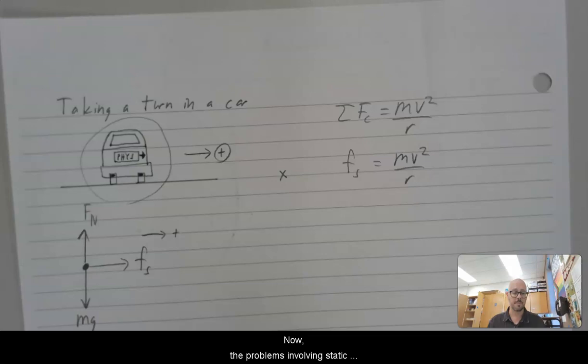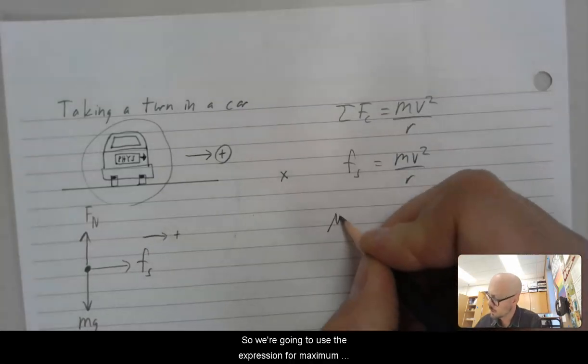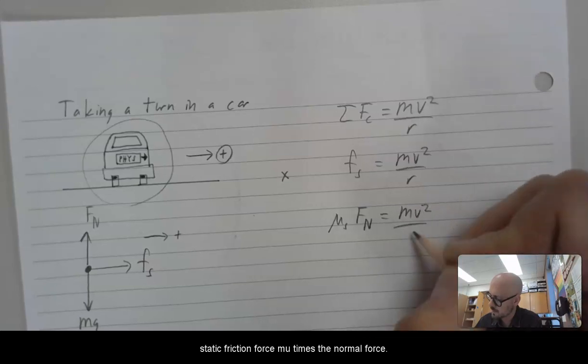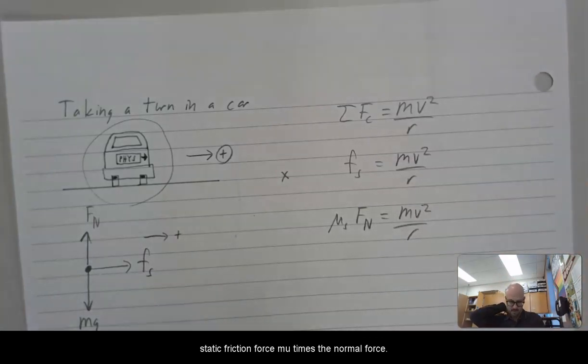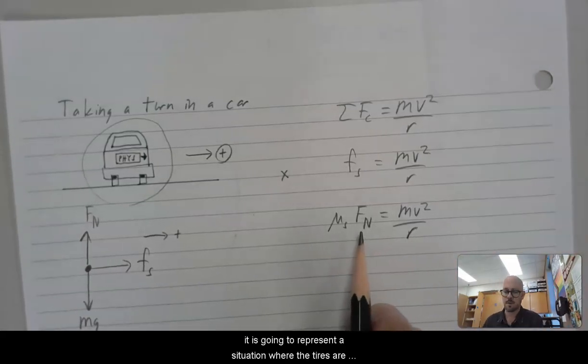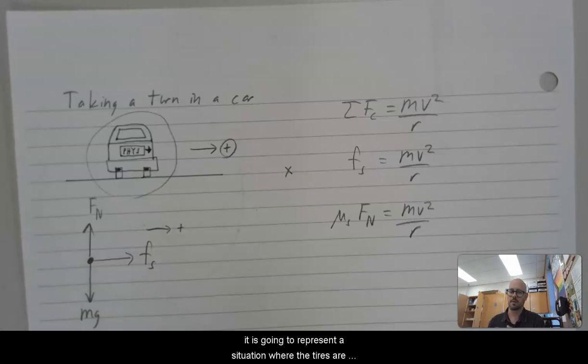Now, the problems involving static friction and driving are going to be ones where it's thinking about, like, what is the fastest speed you can have so that your tires don't lose grip with the road. So we're going to use the expression for maximum static friction force, mu times the normal force. And when I solve this equation for something, it is going to represent a situation where the tires are at their limit. They are producing the maximum amount of friction because I'm going as fast as I can without losing